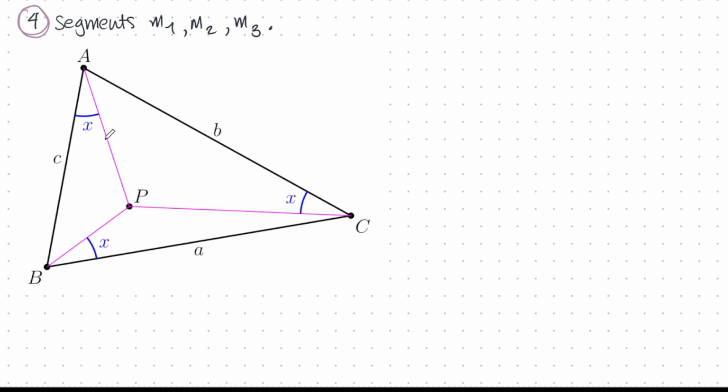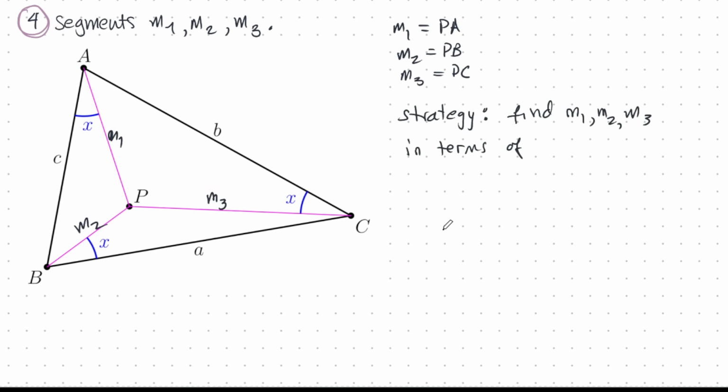We have the angles around P. Now let's find the segments around P. Let's label these segments M1, M2, and M3. So M1 is PA, M2 is PB, and M3 is PC. Our strategy, our guiding principle, is to find M1, M2, M3 in terms of the radius R and